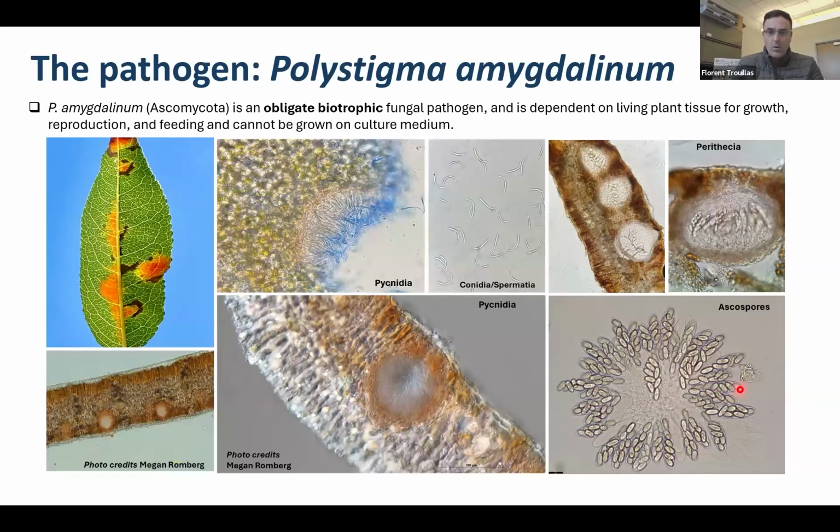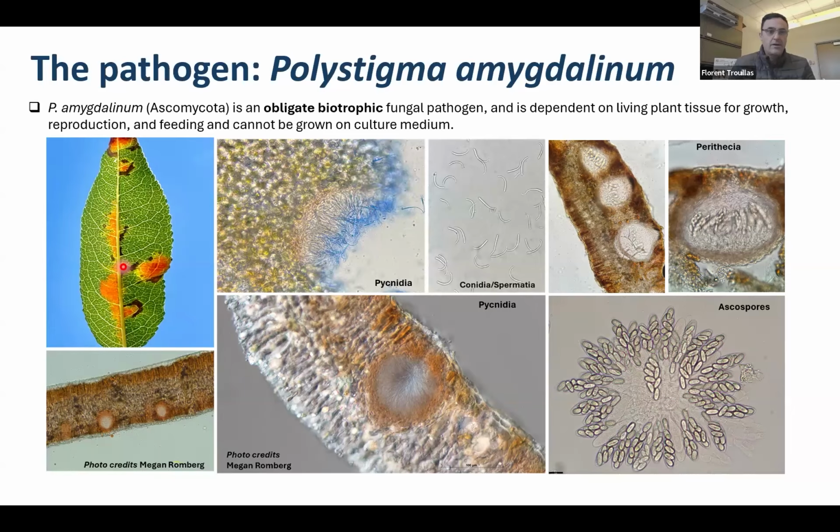So these are really the important spore type for disease spread and contamination. We've assessed how many spores may be present within the leaves, and we're talking about millions of spores present within a single leaf. So it seems Polystigma has a great capacity to produce a lot of inoculum and spread quickly